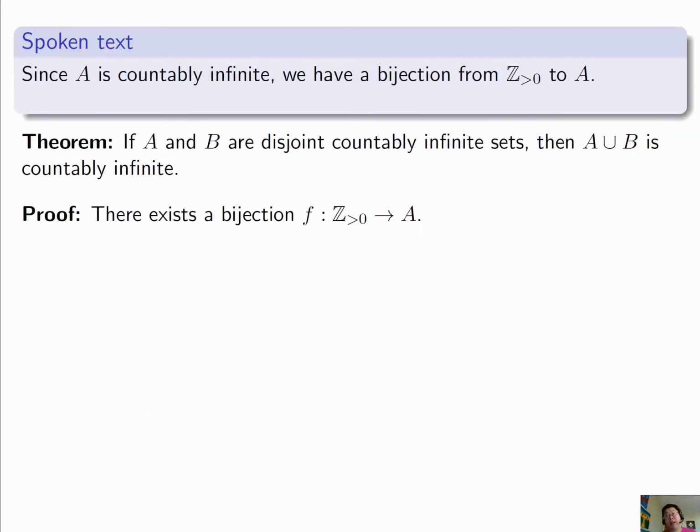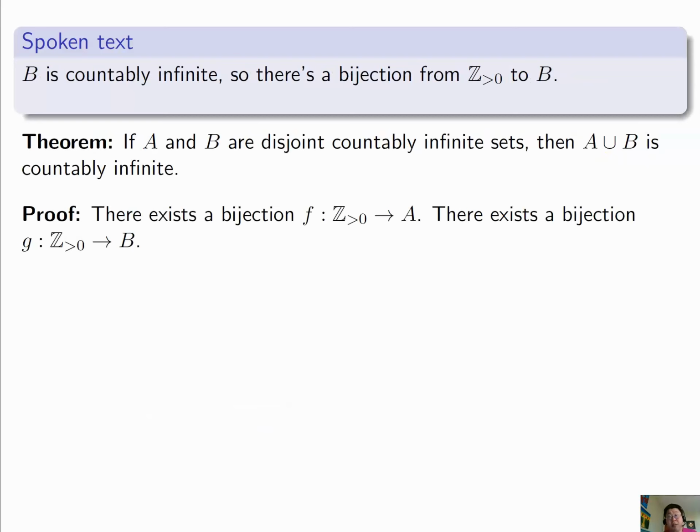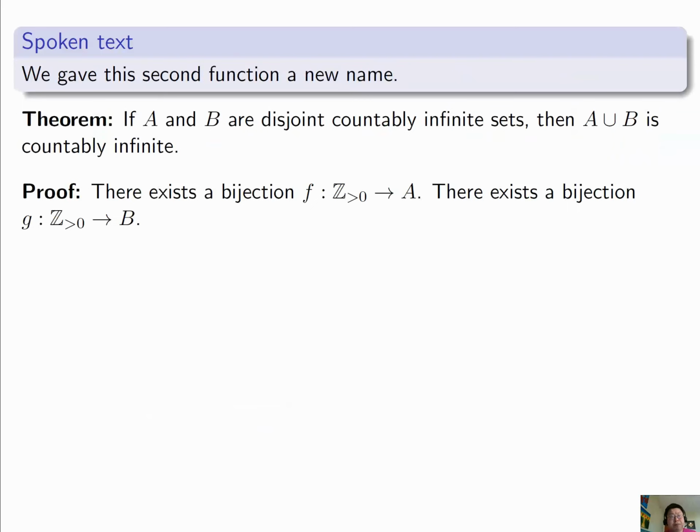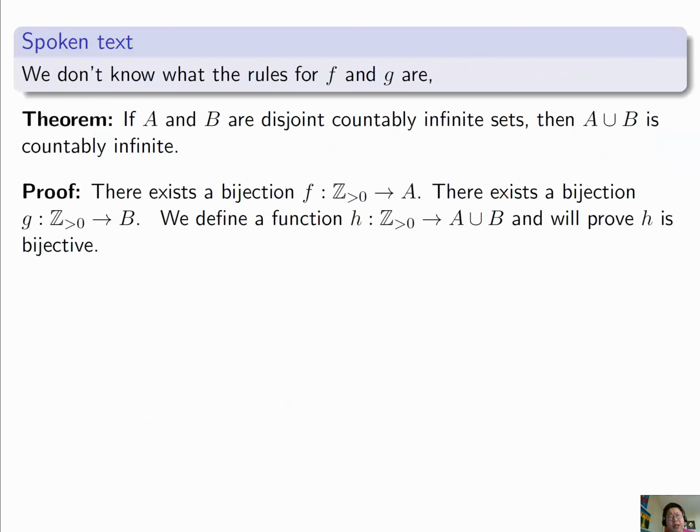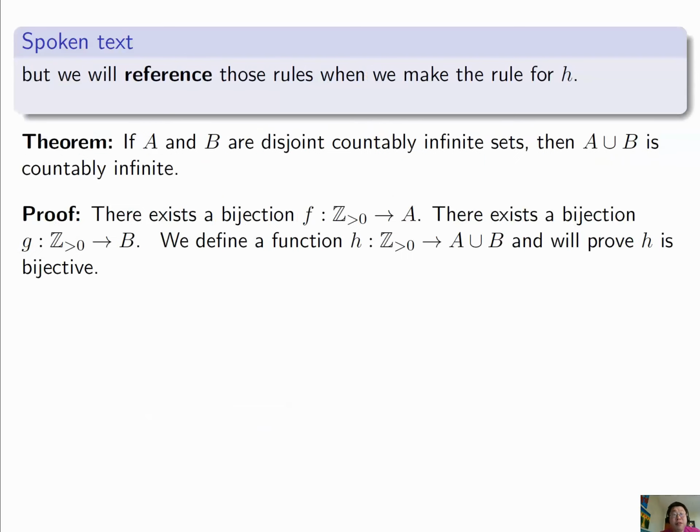Since A is countably infinite, we have a bijection from the set of positive integers to A. B is countably infinite, so there's a bijection from positive integers to B. We gave this second function a new name. We define H from positive integers to A union B and prove it's bijective. We don't know what the rules for f and g are, but we will reference those rules when we make